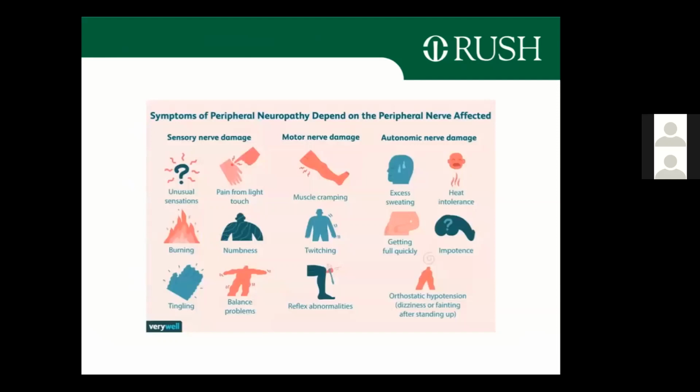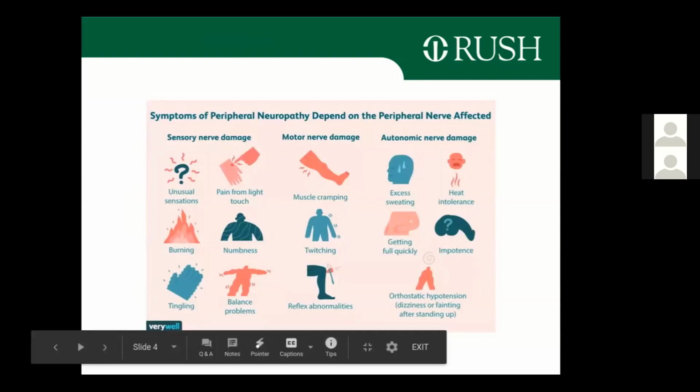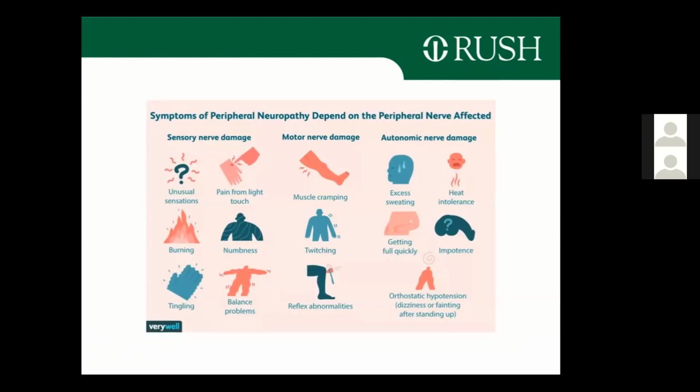So this is a little picture slide that goes over what I just talked about. So the most common symptoms are on the left side, that's sensory nerve damage. So you get that unusual sensation. Sometimes you feel pain even from light touch, something that really should not be painful. And we call that allodynia. Burning, numbness, tingling is really the biggest complaint that I get. And balance problems can happen because you feel numb and you have difficulty telling where your feet and hands are in space. Weakness is not as common, although